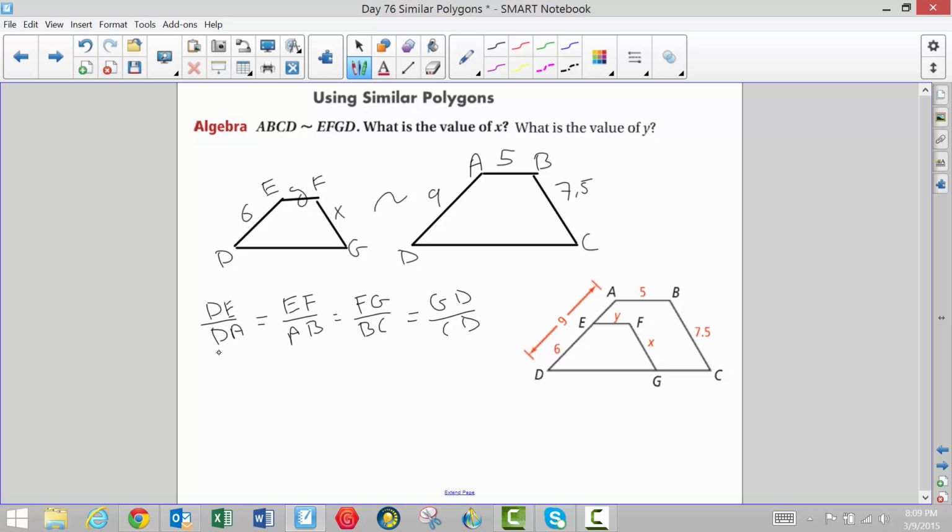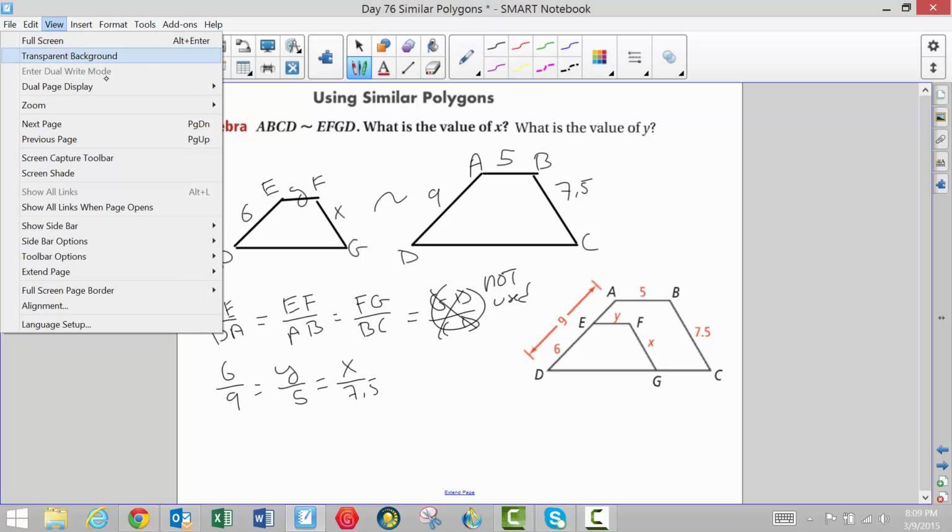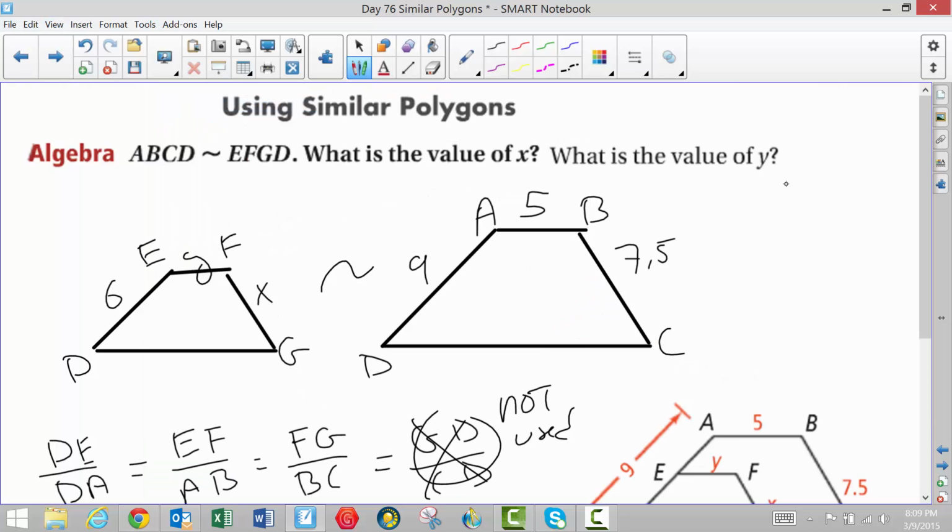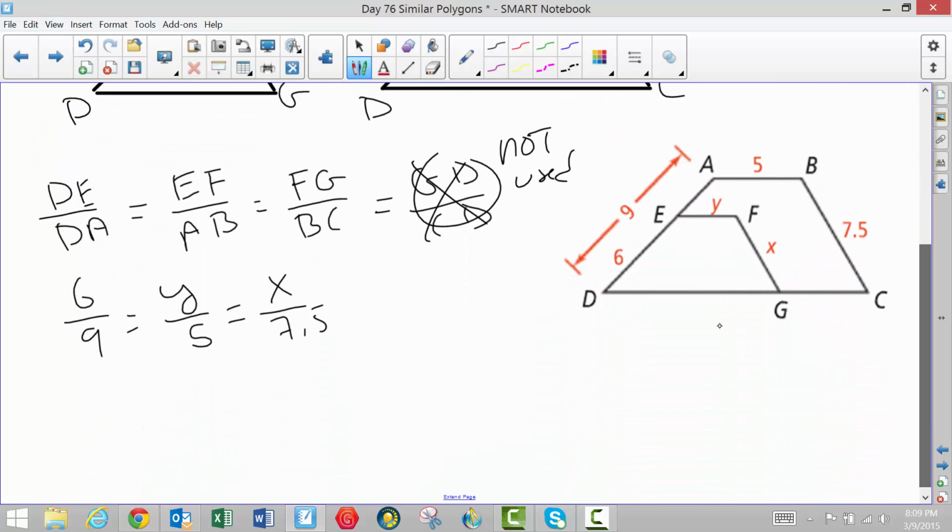Well, D to E is 6/9. E to F is Y/5. And I have F to G, X/7.5. GD, CD is not used. So this is not used. So to solve these types of problems with variables, once you set up your extended ratios, so here's my extended ratios,